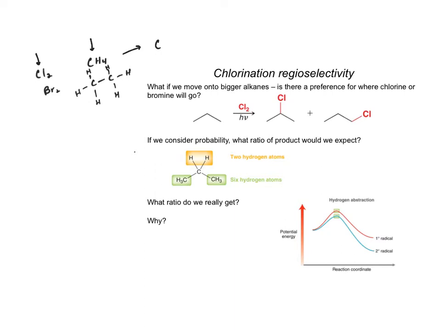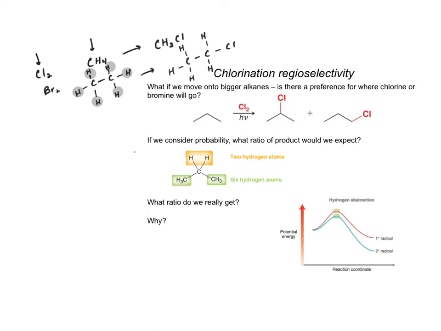So for methane, that was, let's just say, the methyl chloride. For ethane, regardless of the proton that we took, we were always going to get the exact same product, which was just going to be our chlorinated ethane, or our ethyl chloride, right? Now,